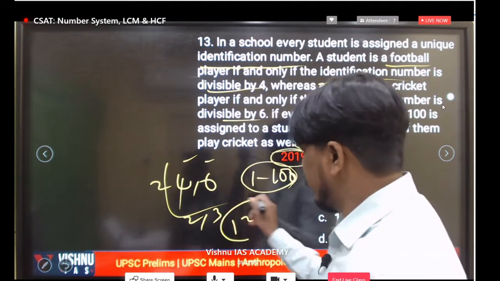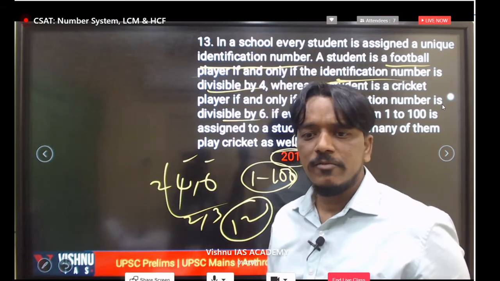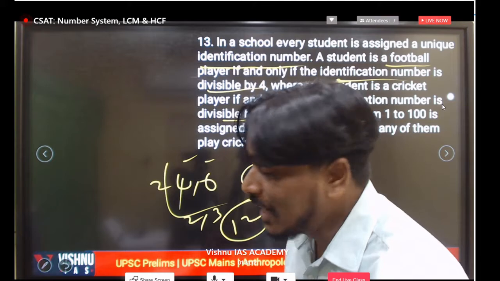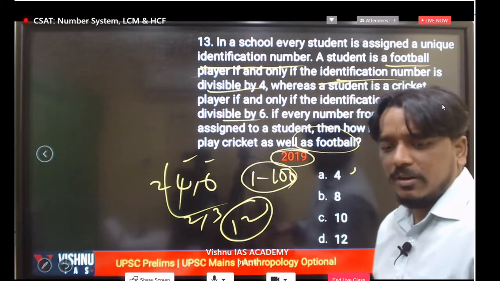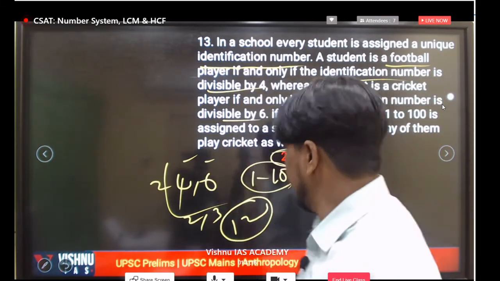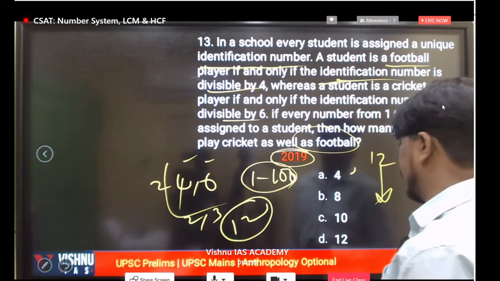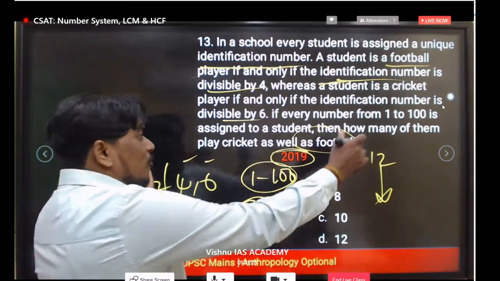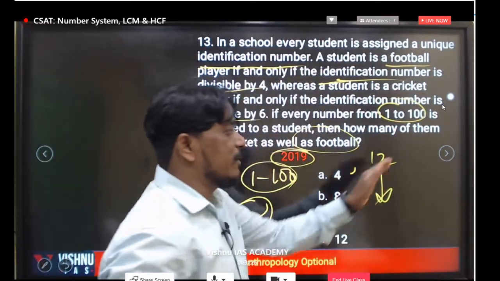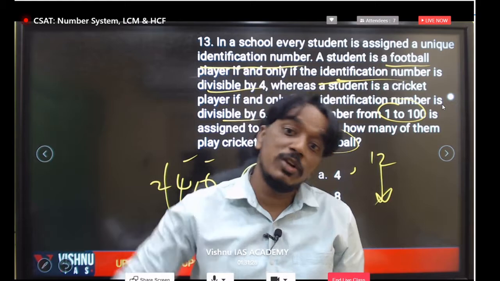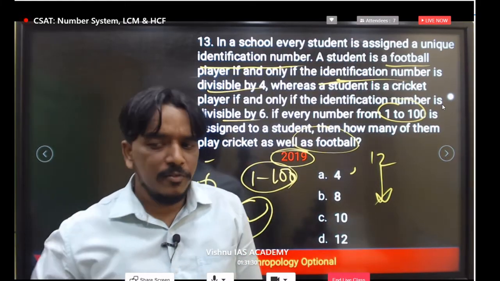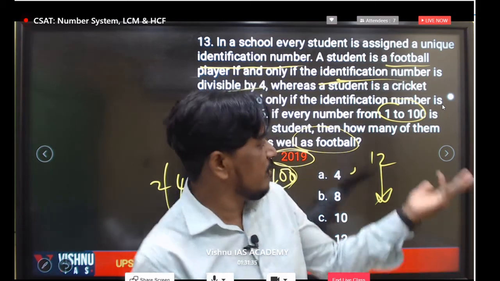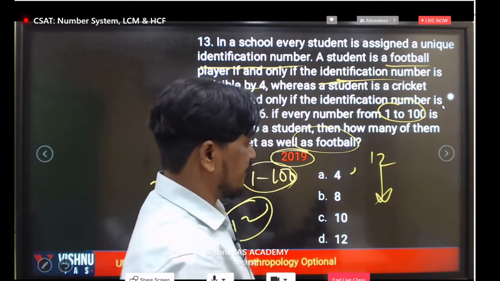Very simple concept. For this, no need to worry. Very simple numbers. So 12 we are getting. If you are getting 12, what are the multiples of 12? In the 12 table, whatever we are getting, you have to take all those numbers. But finally, what do we have to take? Only 1 to 100. In the 12 table, what is the highest? 120 you will get, 12 10 times. We require only up to 100. 8 times is enough. So up to 100 we have to take.